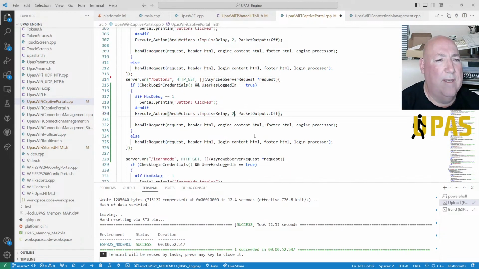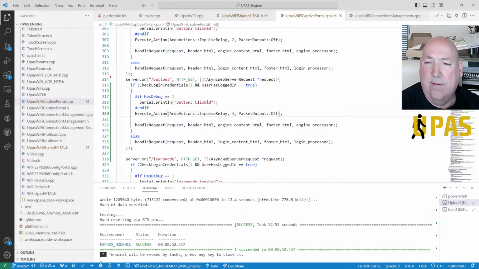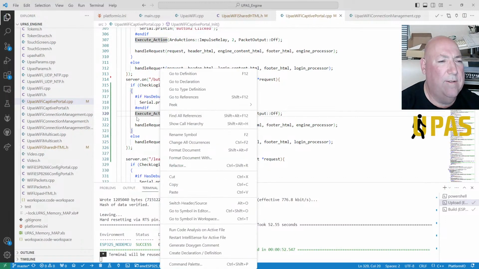Okay, we need to relay impulse 3. I don't know if I've got an impulse 3. I've only ever had two relays on it, so we'll put it there for now. Tell you what we'll do. We'll go on to execute action.